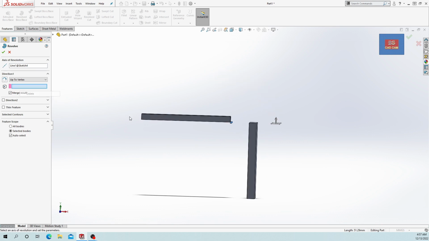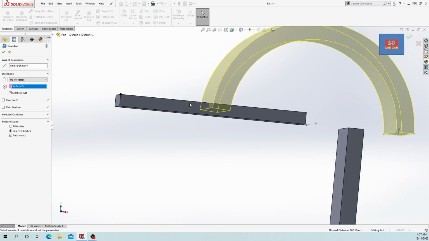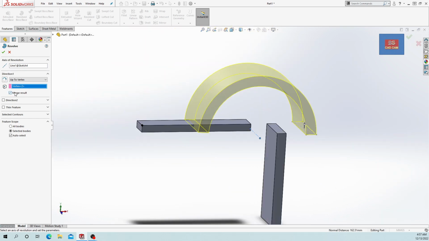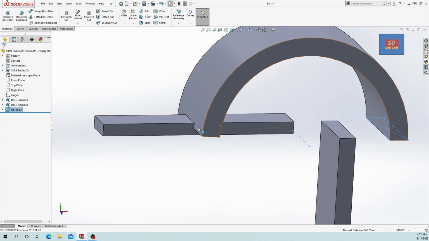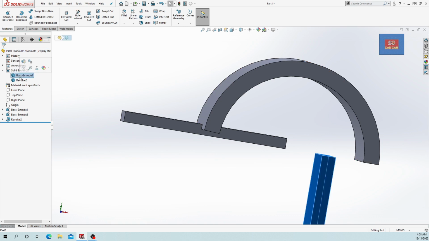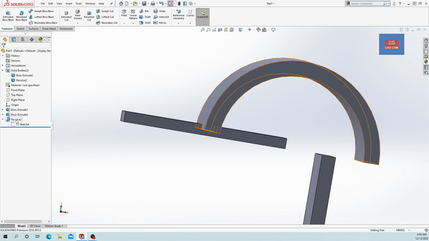Now we delete it and select this point as the vertex point. You can see the change in the revolve. Okay, if you want to merge, then it will make a single body. Okay, now we check it, you can see it makes a single body. You can check, this is separate and this is separate. Okay, if we add it,